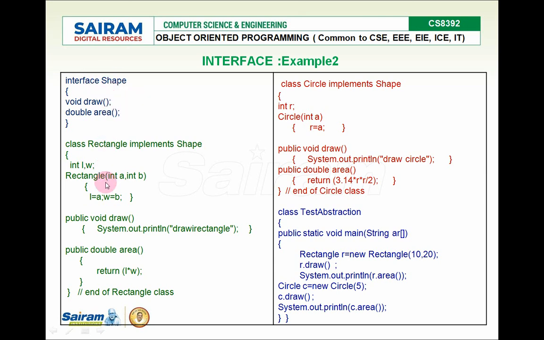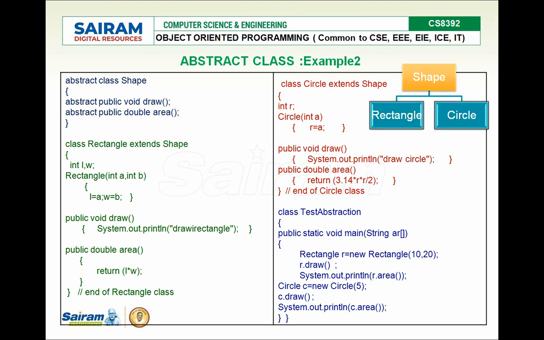The definition must be given in the subclass. So what is a subclass? Rectangle is a subclass and circle is a subclass, which implement the draw and area methods respectively in their subclasses. And for interfaces, instead of extends, the interface is implemented. So that's the difference. The remaining is all the same, right? We'll see the differences between interface and abstract class in the next few slides.